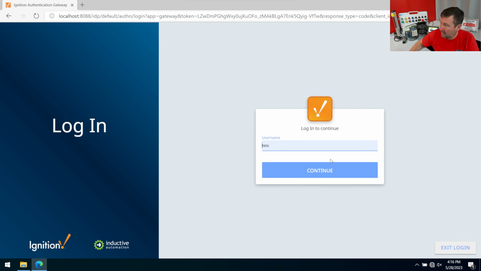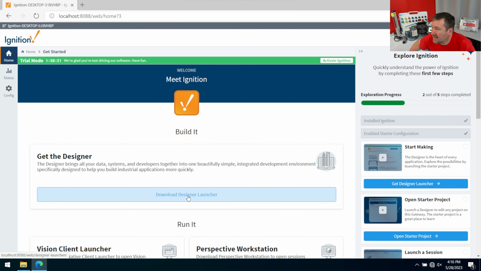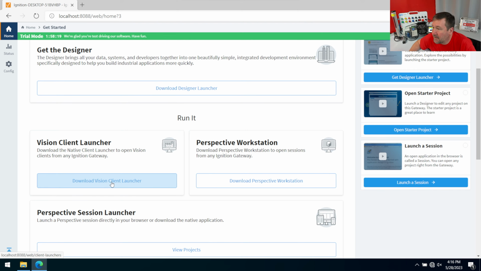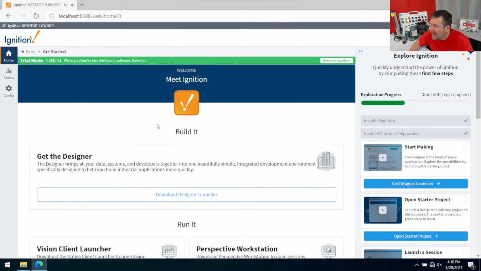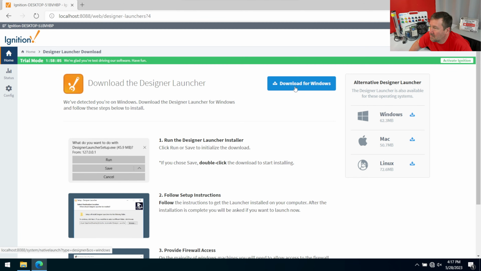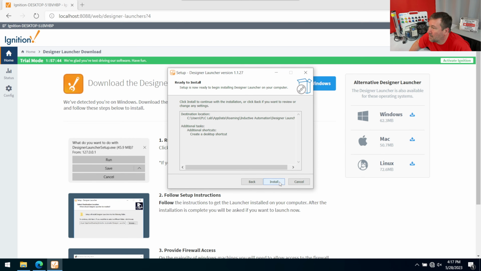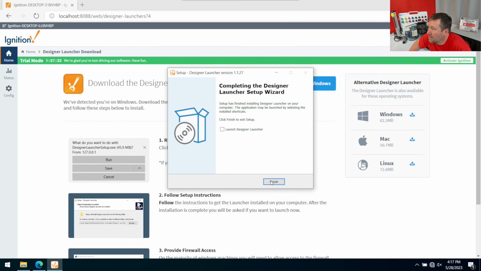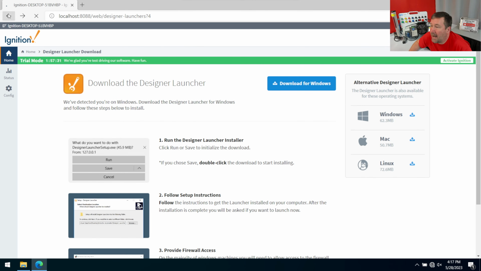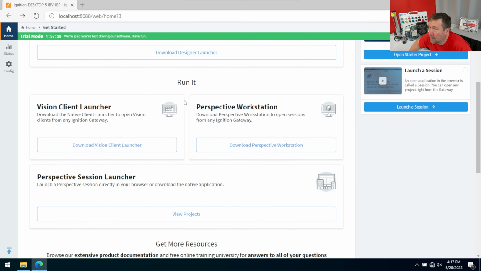Now log in. There are 3 more things we need to install: the Designer Launcher, the Vision Client Launcher, and the Perspective Workstation. Now, even though it says download here, these files are actually already on your computer from what you downloaded. So no worries about getting back on the internet. Just hit the download for Windows, and we're going to keep it, and open file, and just use the standard prompts again. And I'm not going to launch it right now, because we're going to go back, and we're going to install